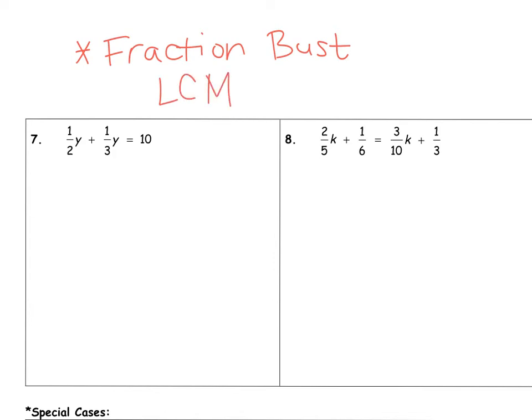So if I'm looking at 1/2 and 1/3, I'm looking at the 2 and 3. And what number do 2 and 3 both go into? They both go into 6. So I can multiply this side of the equation all by 6. Anytime I'm solving equations, if I multiply the left side by something, I also have to multiply the right side by that. So as I start to now distribute my 6,